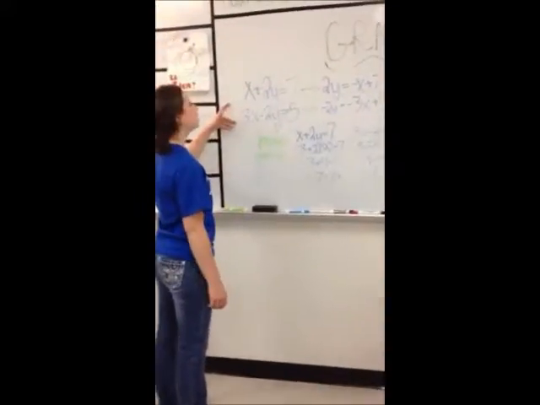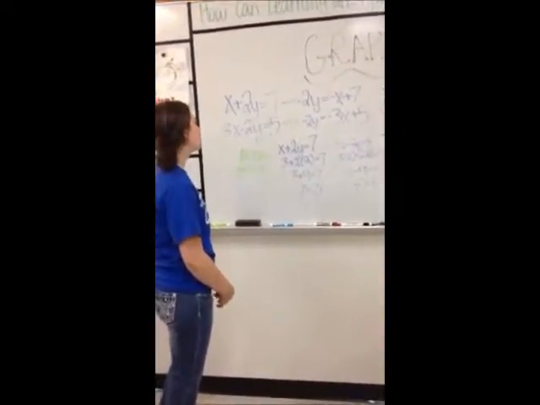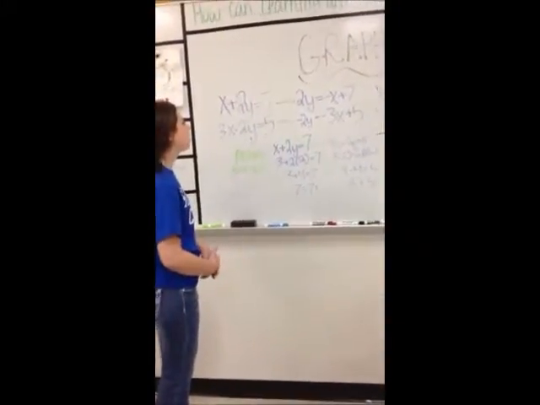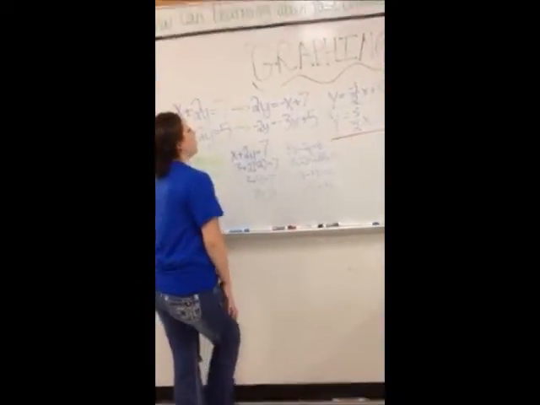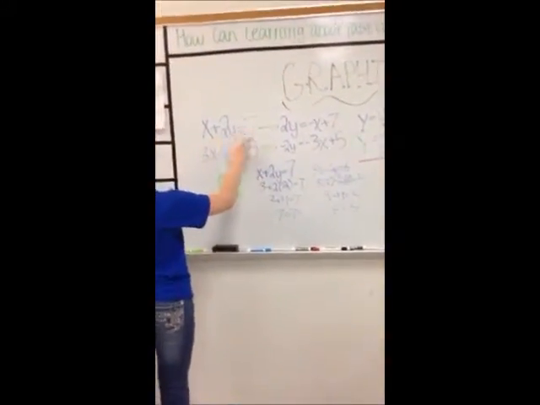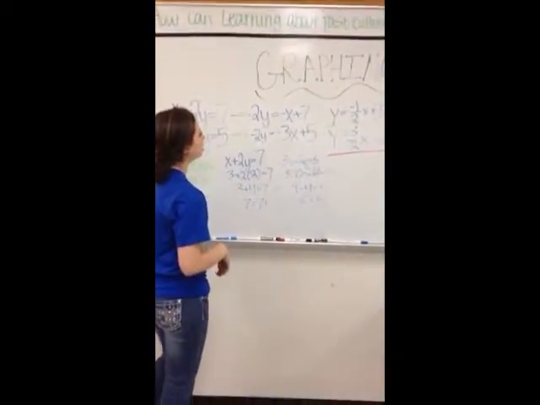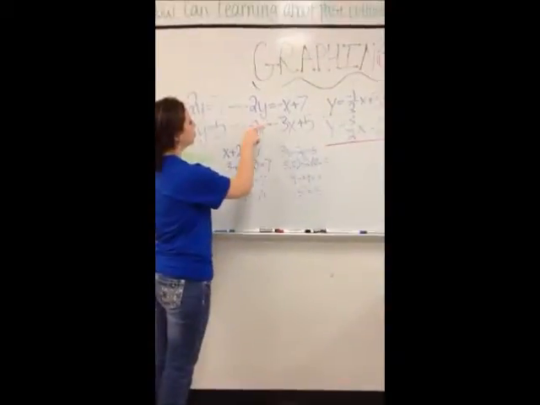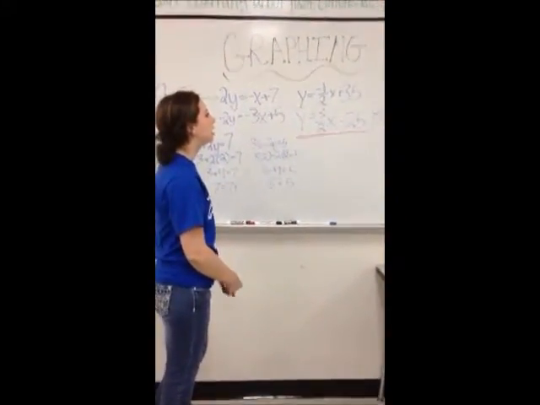You have two equations. The first one is x plus 2y equals 7. Second one is 3x minus 2y equals 5. To make a graph, you have to find them in slope-intercept form. To do that, you subtract x from each side, and then you get 2y equals negative x plus 7. Then you need to divide by 2 from everything, and then you're going to get y equals negative 1/2 x plus